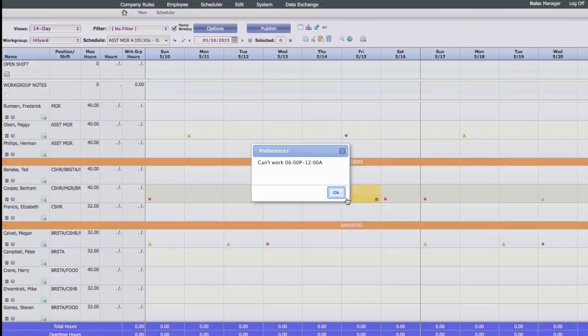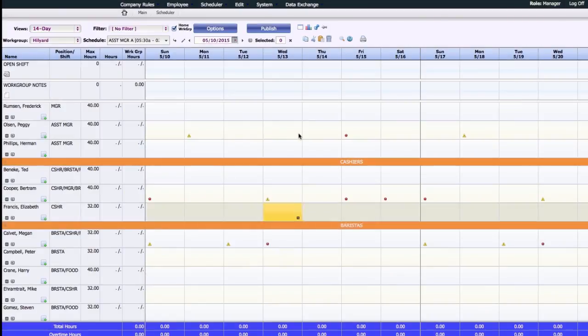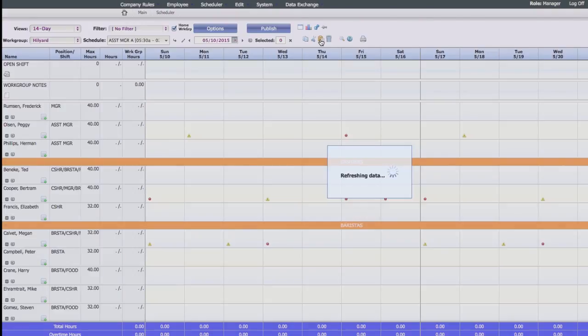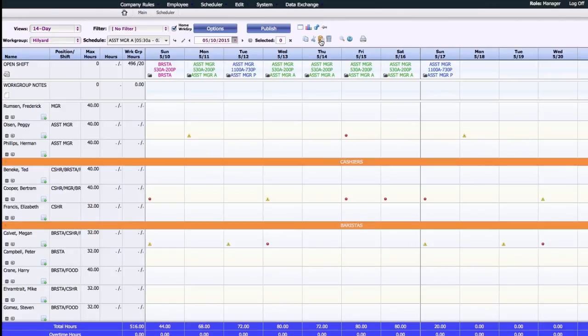This red alert indicates that that person can't work that day. So I've gone ahead and copied all of those. I can go ahead and just paste these. Now, this is going to put everything that I just pasted up into the very top bar, which is my